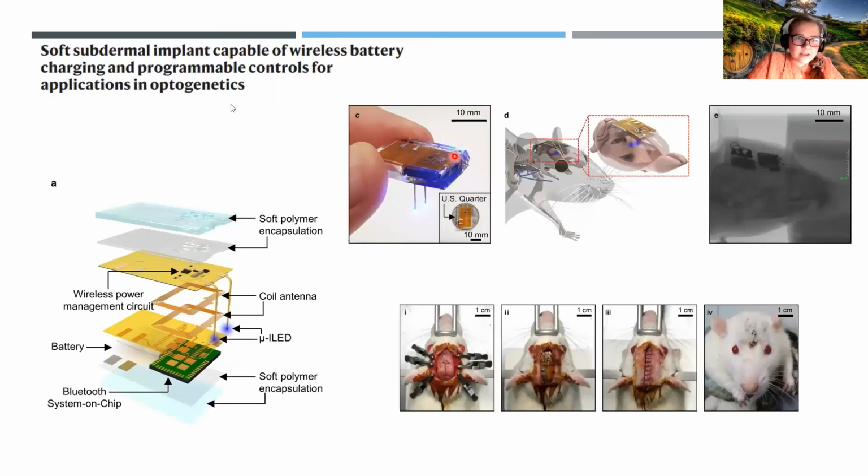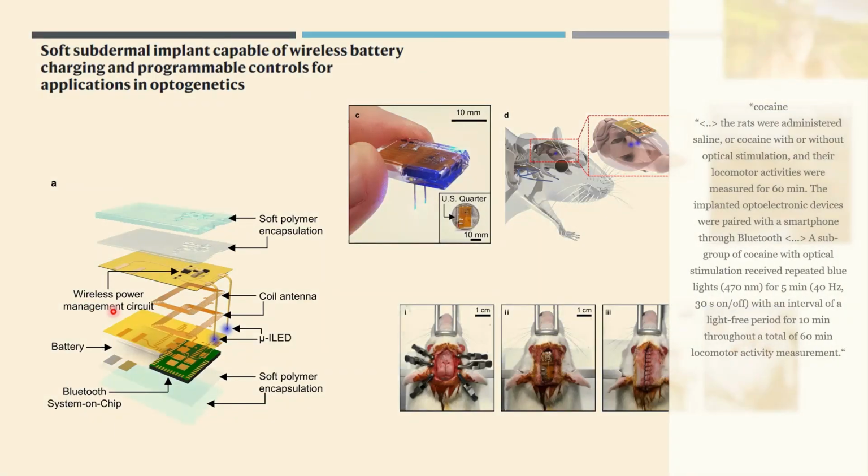And this is what is inserted into mice brain. It's a small device that contains an LED lamp, and it has a battery, a Bluetooth system on chip, and wireless power management circuit. So it feels that it can activate